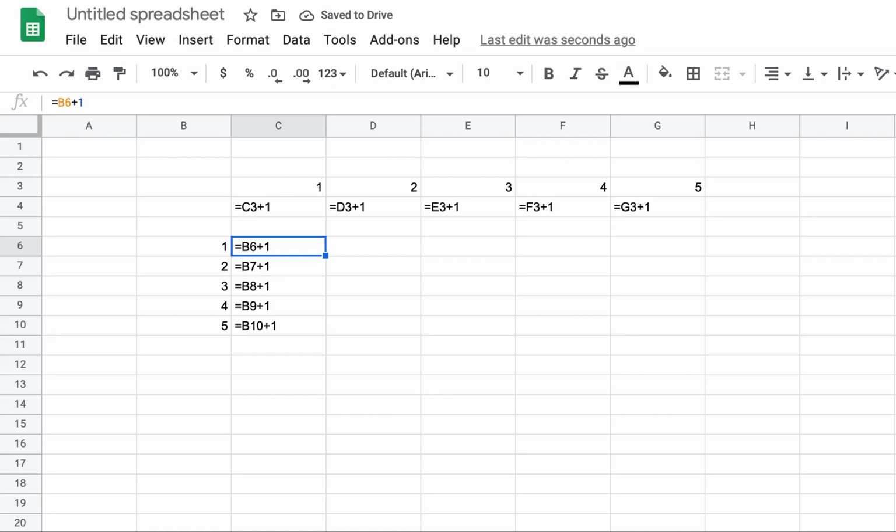right? The most important thing to understand is what is fixed. First of all, remember that a cell reference in your Google spreadsheet or Excel is always the column letter and then the row number. So for this number 1, it is actually B, which is its column, and 6, which is the row number. So this is cell B6. I wanted to make cell C6 as B6 plus 1. So that is what I have done.